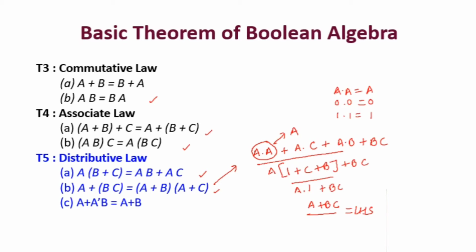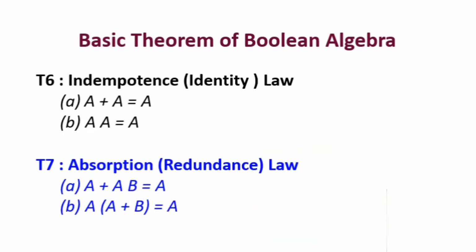Similarly, this A plus A bar B is derived from this above relation. If I write this, I can write it as A plus A bar and A plus B. Now this A plus A bar will be equivalent to 1. This is also a property of Boolean law, because either it will be 0 plus 1 or it will be 1 plus 0. In both these cases, output will be 1. So I can say that A plus A bar is equivalent to 1. So this is distributive law.